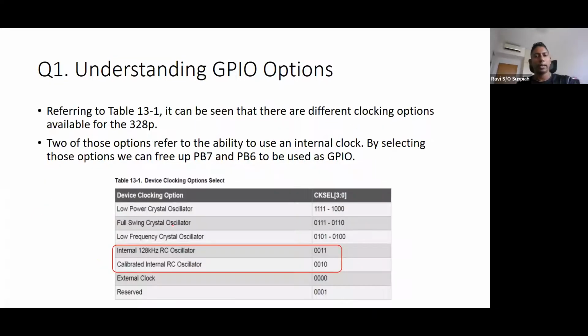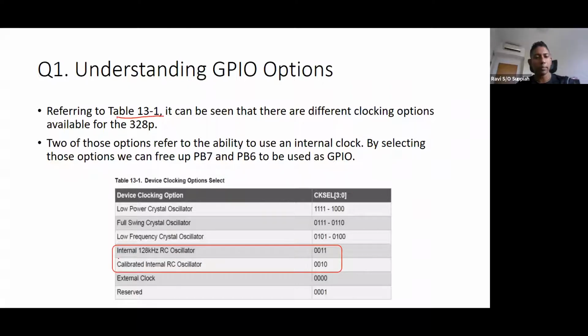So the answer is, in most cases, always inside the datasheet. You need to look inside and find that information. If you look in your datasheet, in table 13.1, you can see that there are actually different clocking options within the Atmega device. This is something quite common across all microcontrollers. When you look at any microcontroller, it will have a variety of clocking options, and in most cases you will also have some internal clocking option.